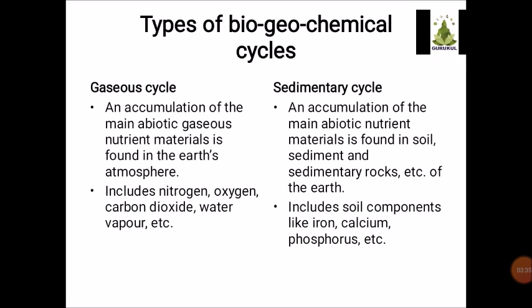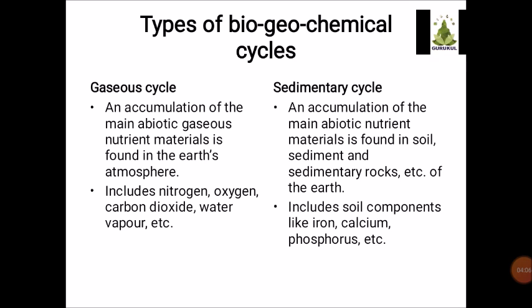Okay, so I will start from down. Okay children, I'm first going to tell you the include part, means example part. Now if you see in the gaseous cycle, it includes nitrogen, oxygen, carbon dioxide, water vapor, etc. Whereas when you see the sedimentary cycle, it includes soil components like calcium, iron, phosphorus, etc. So now the picture might be a little bit clear in front of your eyes that the gaseous cycle is